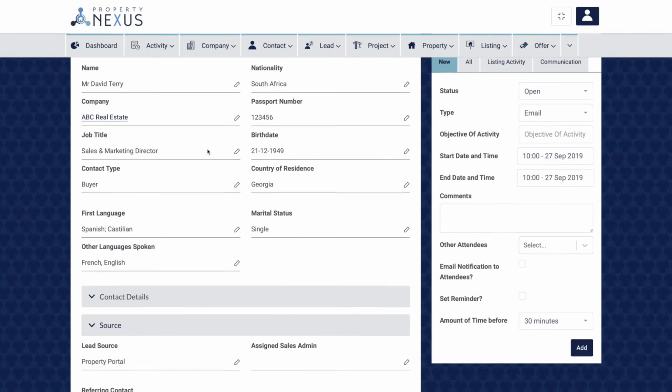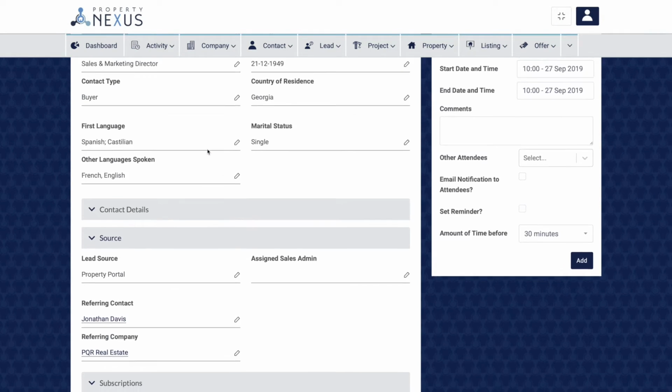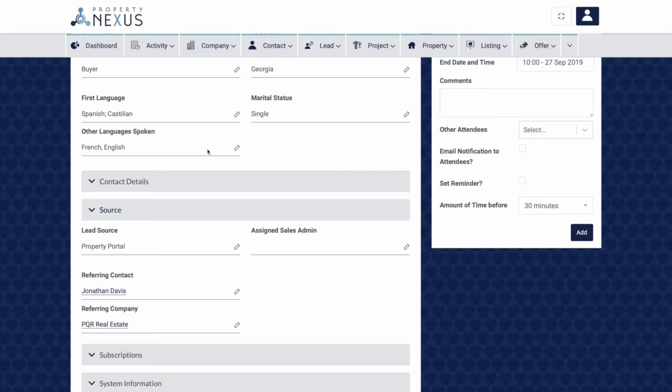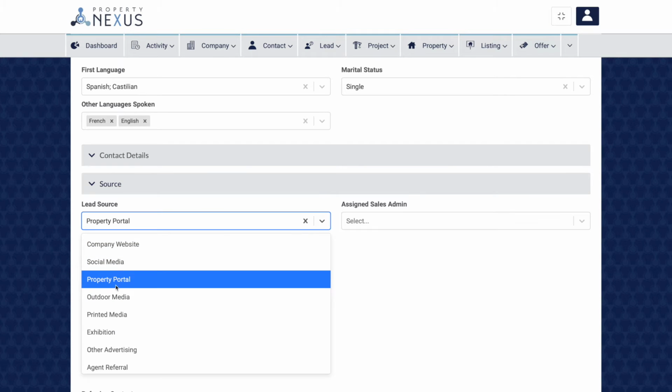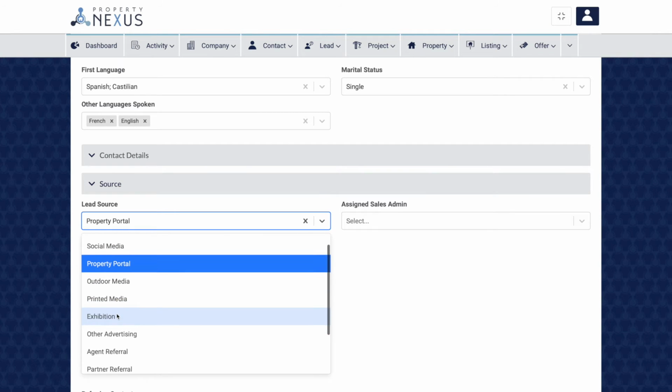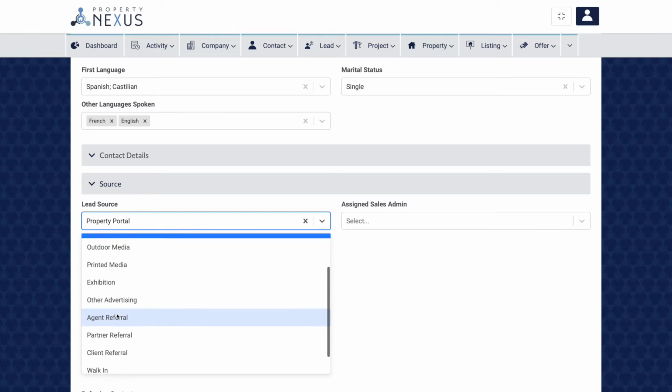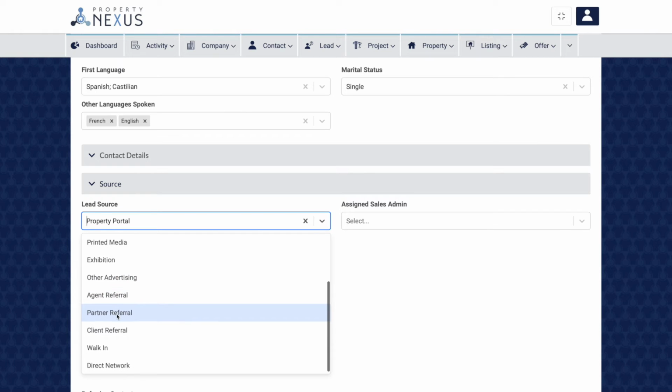This section allows you to record exactly how each contact came to know about your company, and for developers, who is responsible for this contact administratively. Lead source shows the channel from which they came originally. This is used for marketing reports and other important reporting functions, so it is important that it is filled in